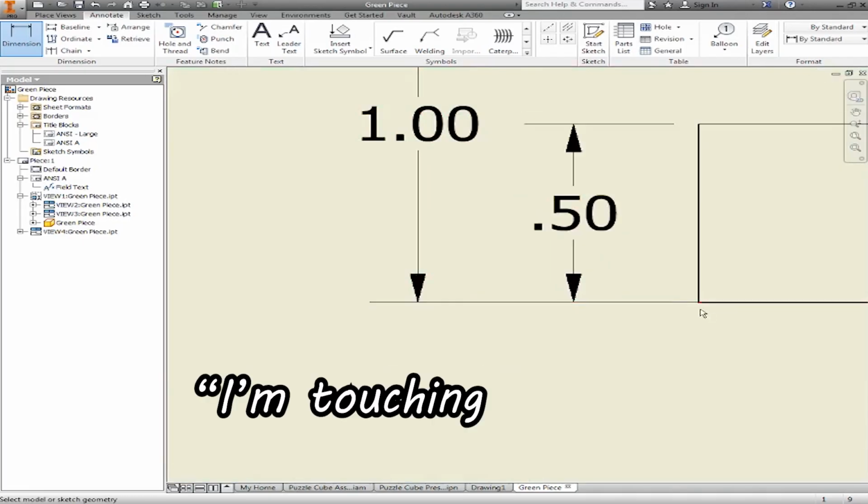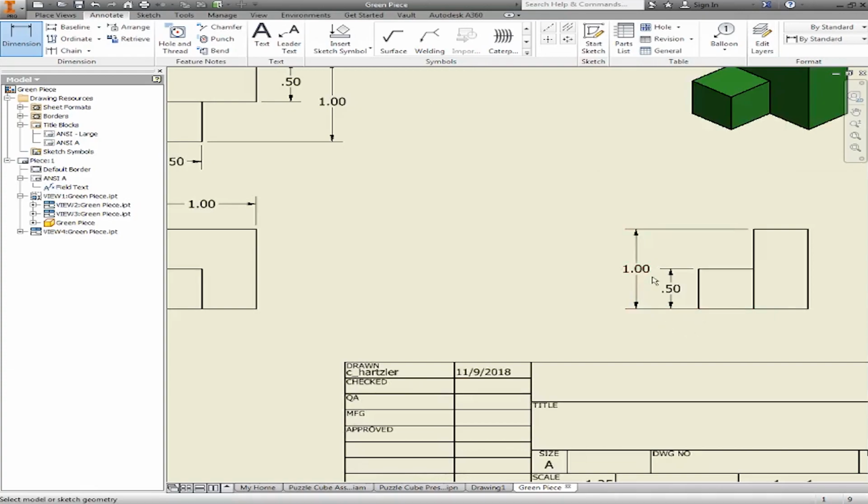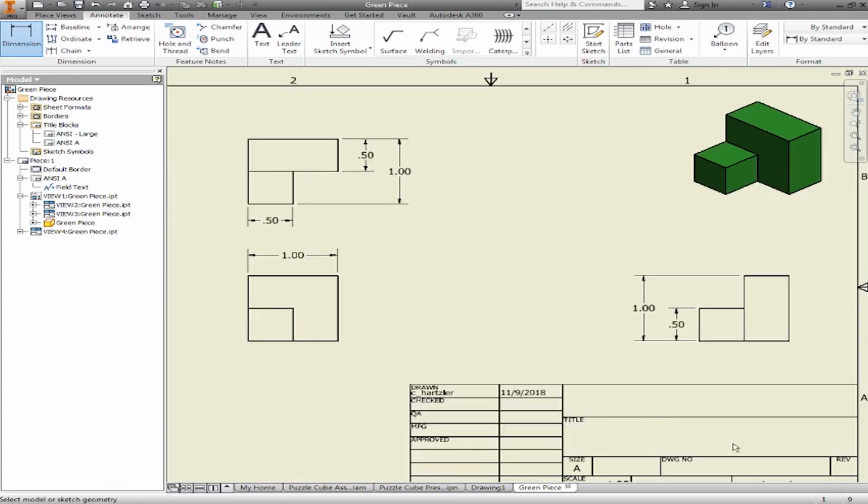Oh, actually I'm touching my part over here, so I'm going to have to get rid of this one, delete it, and then I'm going to have to redo that by clicking further out and up here, and that looks good. I'm no longer touching my part anywhere. Good. Now I want to put my name and the color of the piece I'm working with in the little